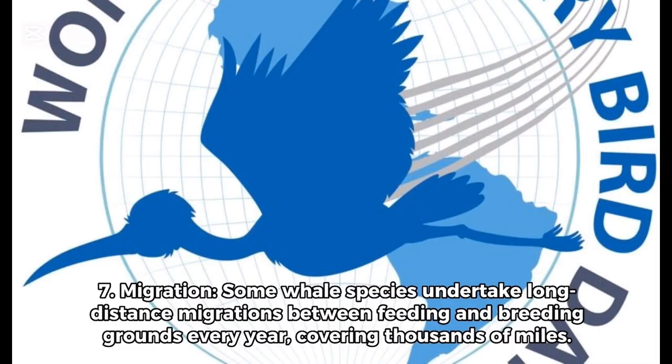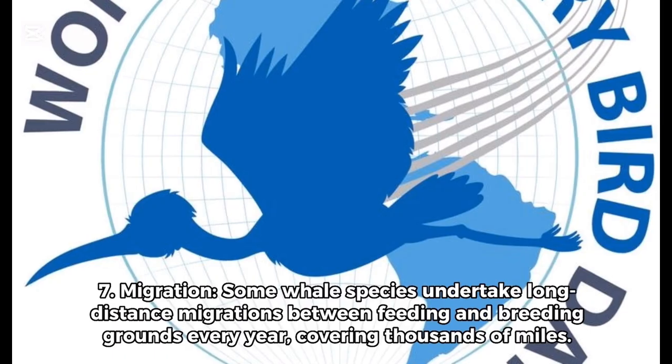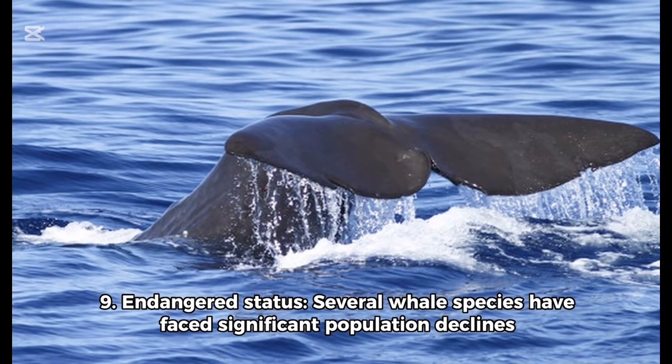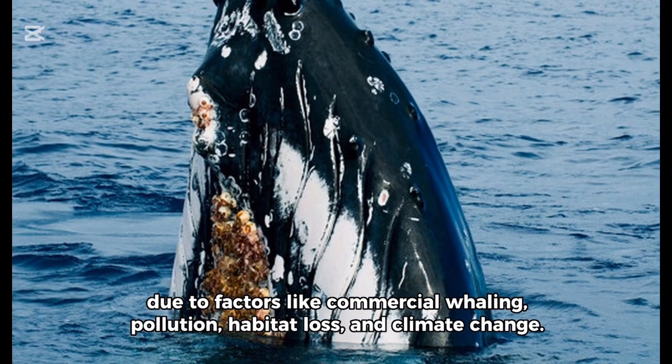7. Migration. Some whale species undertake long-distance migrations between feeding and breeding grounds every year, covering thousands of miles. 8. Lifespan. The lifespan of whales varies among species, but can range from 40 to over 100 years depending on factors such as size and habitat. 9. Endangered status. Several whale species have faced significant population declines due to factors like commercial whaling, pollution, habitat loss,